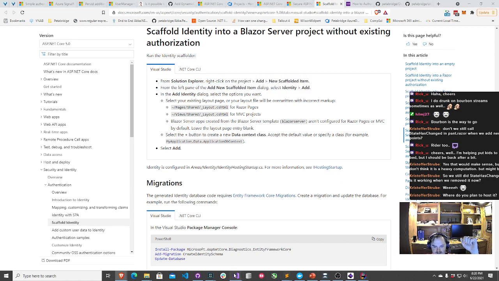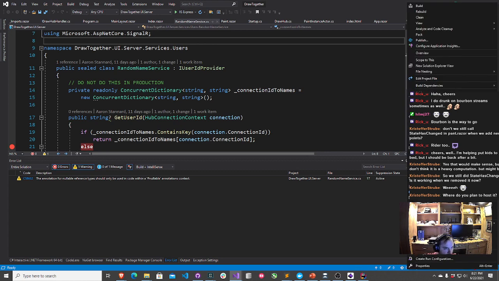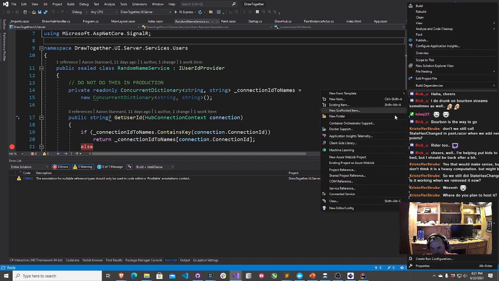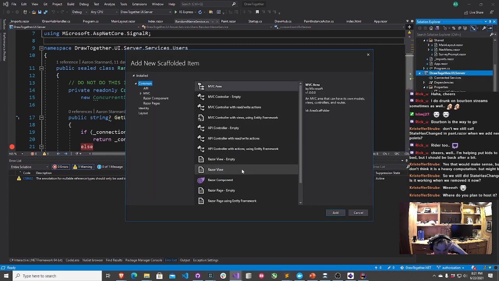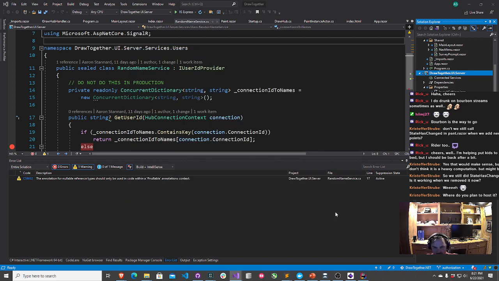This is basically the same as what Blazor was trying to do, probably. Except I'm sure Visual Studio will be significantly slower. Okay. Add new scaffolded item. God help us. Okay. All right.